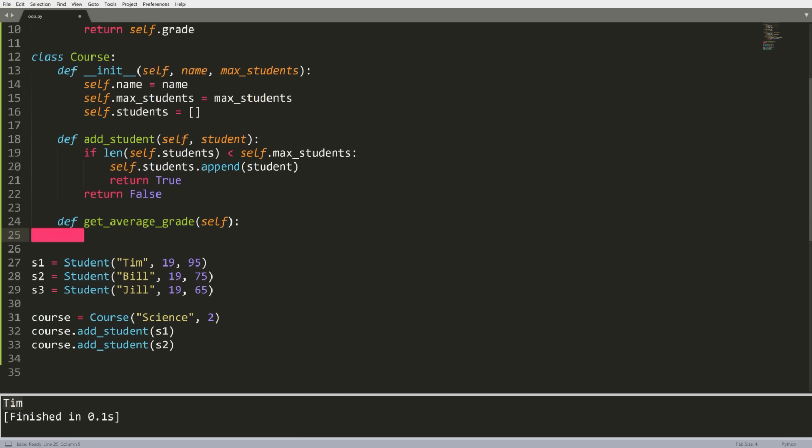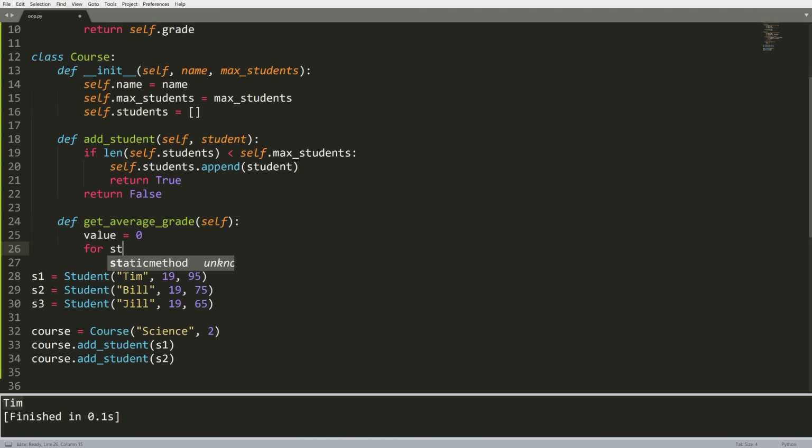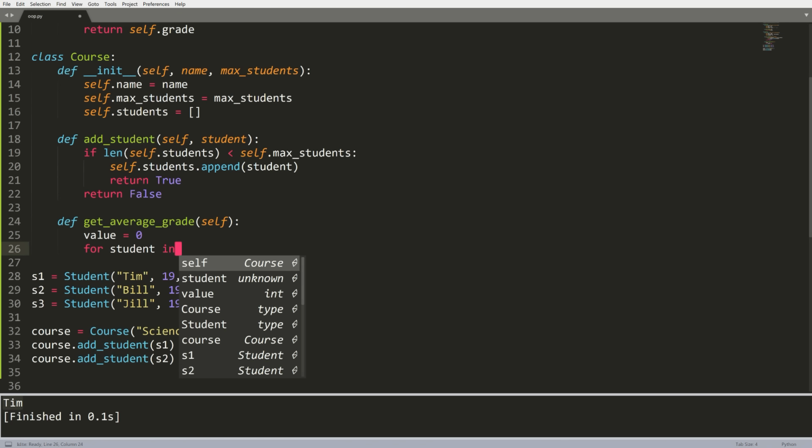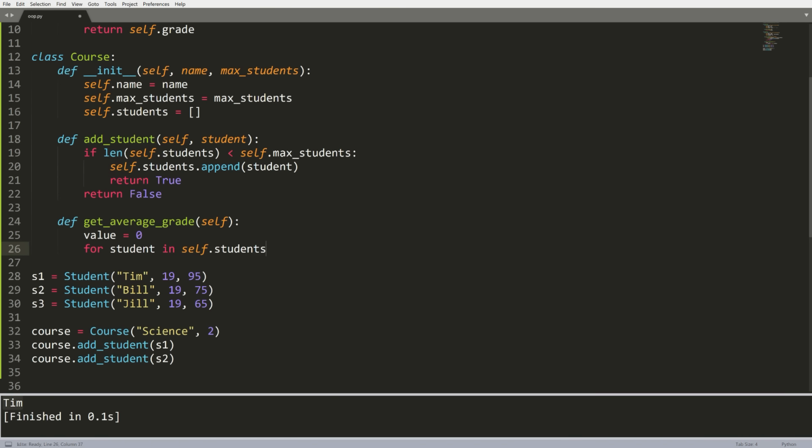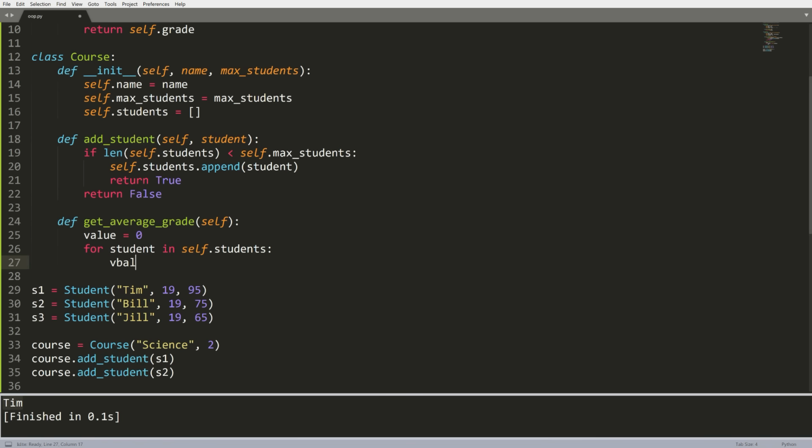To do that, what we're going to need to do is grab all of the students from the students list. We're going to need to add that to an average, and then we're going to need to divide that value to figure out what that is. So what we'll do is we'll say value equals 0. We're going to say for student in, in this case, self.students, then we're going to say value plus equals